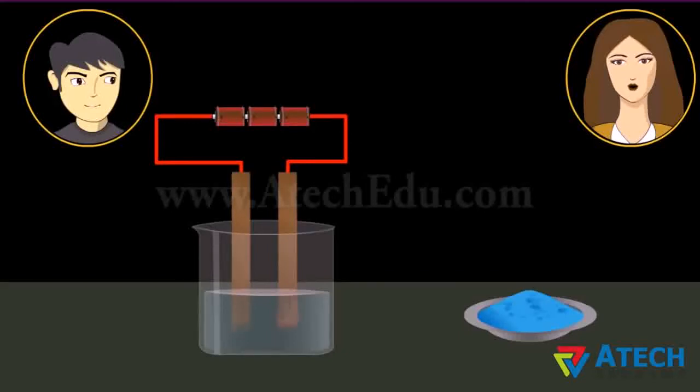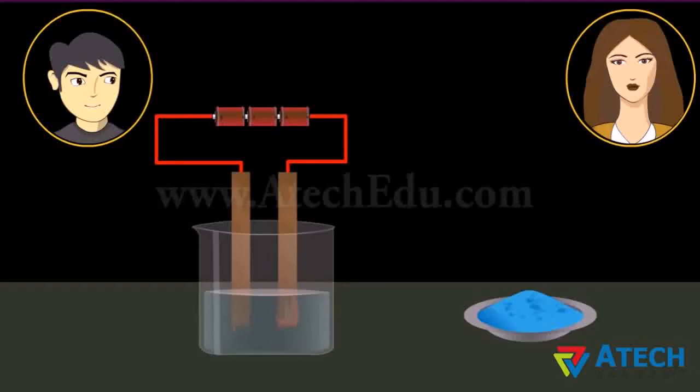Copper sulfate dissociates into copper and sulfate. Free copper gets drawn to electrode connected to negative terminal of the battery and gets deposited on it. This way it gets coated. But Mom, what about the loss of copper from solution? From other electrode, an equal amount of copper gets dissolved in solution and thus the process continues. That means copper gets transferred from one electrode to another.